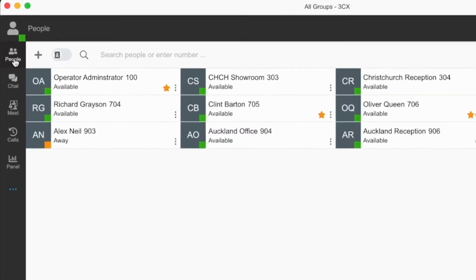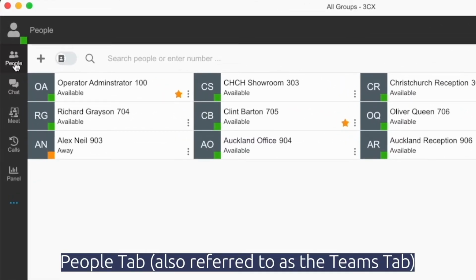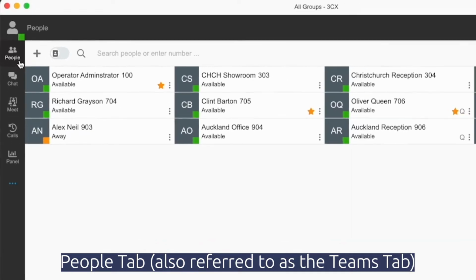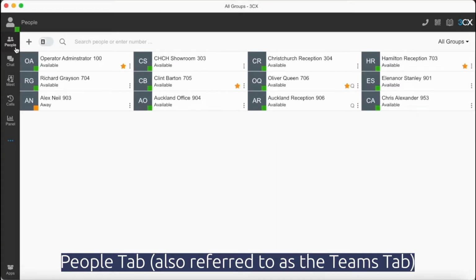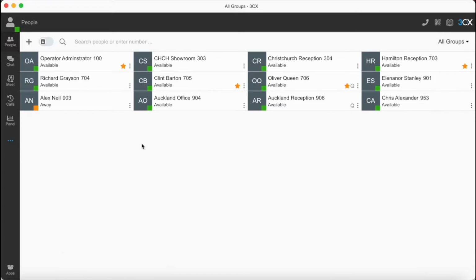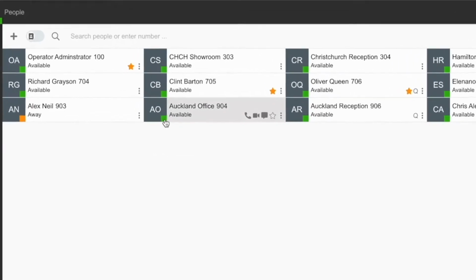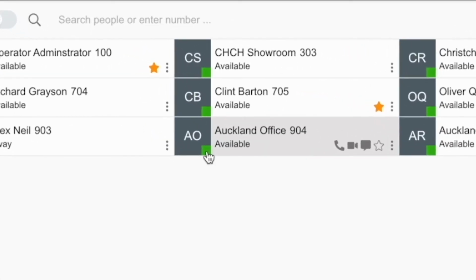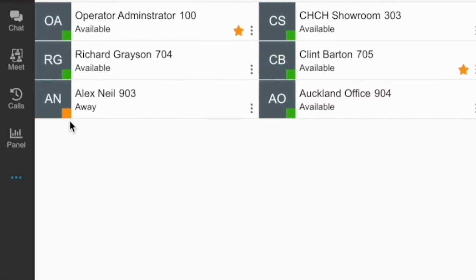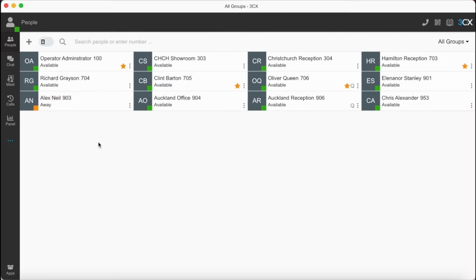Starting in the top left corner, we have the People's tab, also referred to as the Teams tab in some versions of the software. From this view, you will get full transparency across the phone system of who is available to take a call, indicated by the green light next to their extension card, showing that they're available, or other users may have set themselves to away or do not disturb mode, indicating that they're not available to take a